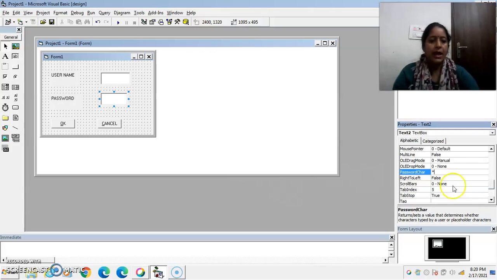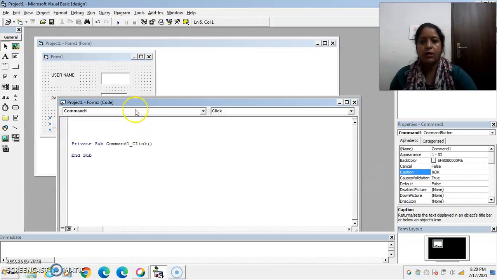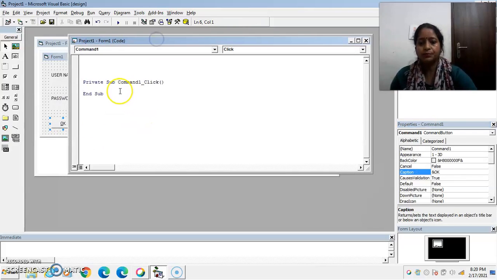Now I want to design this login screen so that when the user enters the right password in text box 2, a message box is displayed saying that your password is correct, otherwise invalid password, try again. For this, write the code on the first command button, that is the OK button. Double click on this OK button to enter code mode.